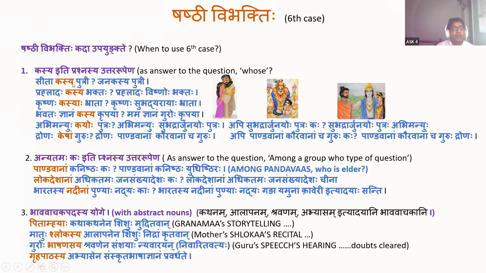You see, Sita Kasya Putri. This is actually Sarvanamam. We will learn it. We will see the table. So don't bother much about this Kasya. Rather than answer, actually I should have highlighted this in red. I missed it. Anyway, understand that this is where I am focusing, okay? Kasya Putri, whose Putri, Sita? Then the way you have to use Vibhakti of Janakaha is 6th Vibhakti. Janakasya Putri, okay? Same way Kasya Bhaktaha,